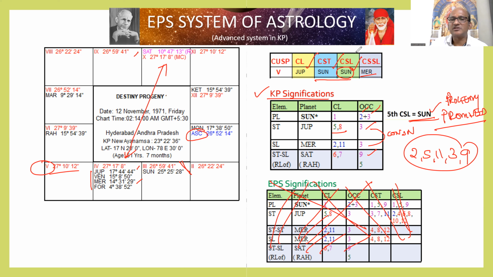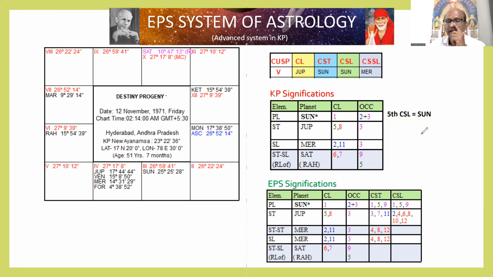Now, but actually speaking, the destiny for the progeny for this native is not present. Destiny is denied for childbirth for this native. Why? That I will explain. As per Vedic, the fifth lord occupying the fourth house, irrespective of the degree, is not well posted, conjoined with the 10th lord, and aspected by Saturn, the sixth lord.